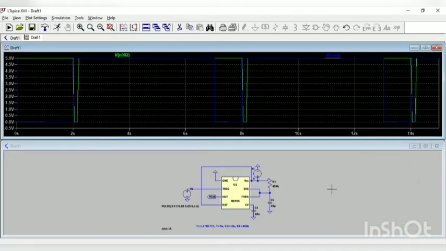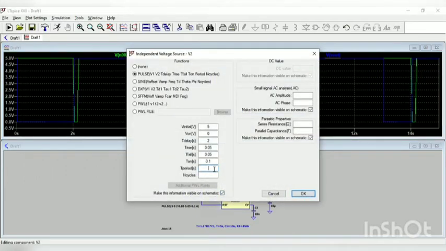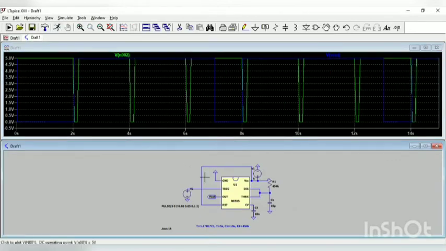So this is how a monostable timer works. Now what I will do is change the pulse duration, and I'll reduce the period to 2 seconds. Now if you see, there are multiple triggers between 2 and 8 seconds, like three of them. However, the output starts at 2 and ends at 7, and it kind of ignores these two triggers that come after the first trigger.